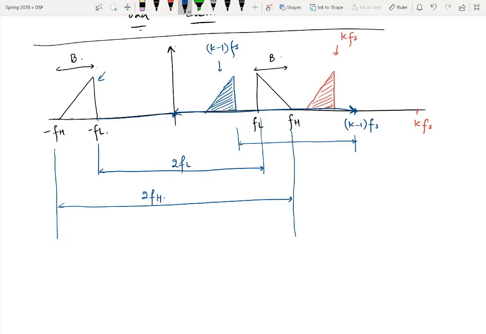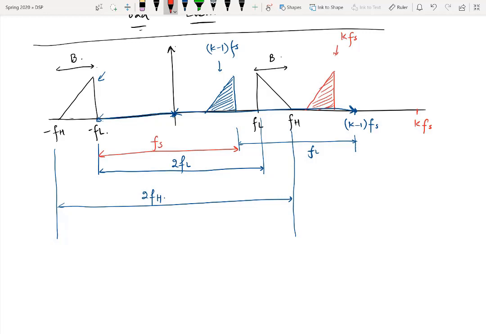So it means this range is equal to FL, right? So if I take this FL over here at this point and I mark the range starting from here to here, so you see, what should be this range? This must be equal to